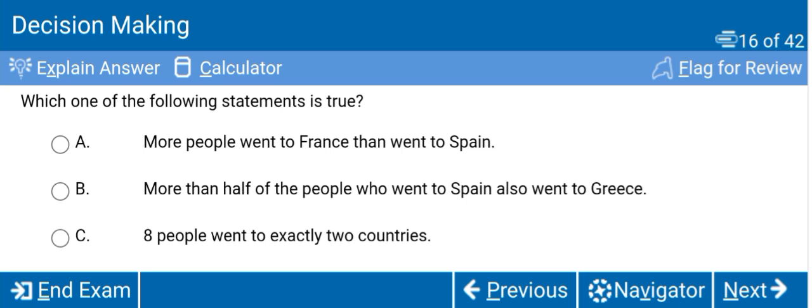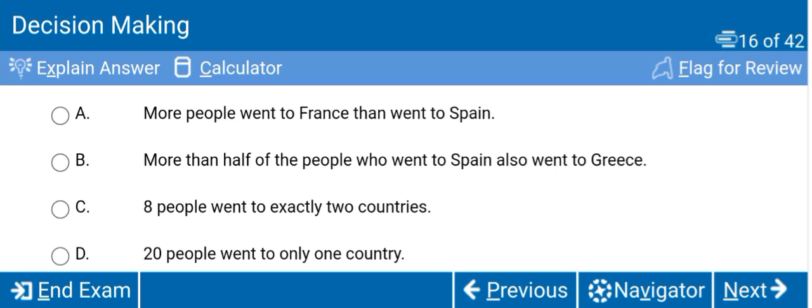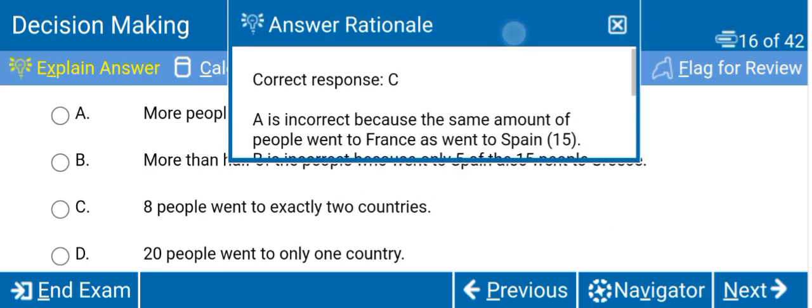Option C, 8 people went to exactly 2 countries. And option D, the 20 people went to only one country. So let's see which option is the correct option. Here we have the correct response is option C, and option A is incorrect